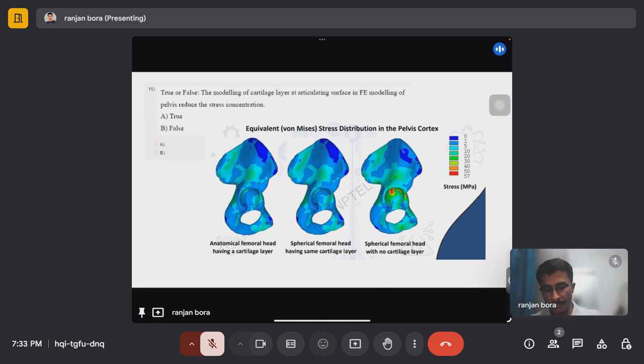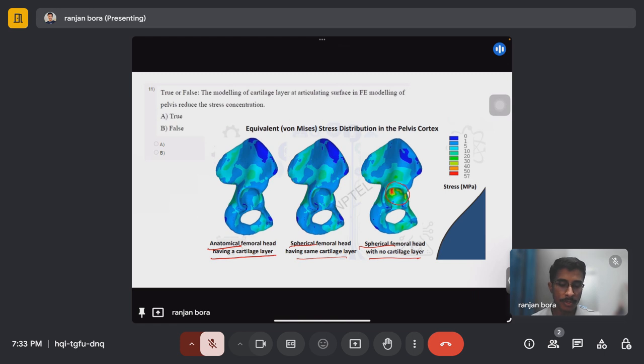So you can see these are the results of von Mises stress distribution in the pelvis cortex, and this is the result which has a cartilage layer, and it also has a cartilage layer. Here the femoral heads are different. Here it is anatomical and it is spherical. And the third picture has no cartilage layer and it is a spherical femoral head. And you can see if we do not model the cartilage layer, then there is an increase in stress distribution, as you can see